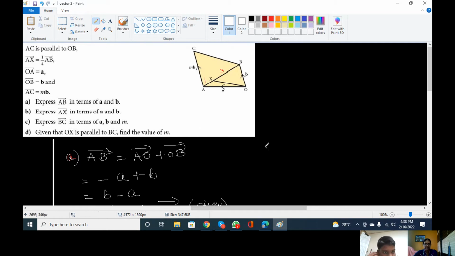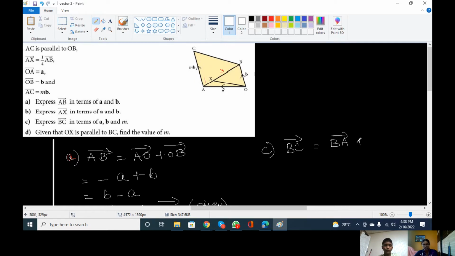What is AC? It says mb. We will write in terms of m only. They said express, you can express in terms of a, b and m. So BC is equal to